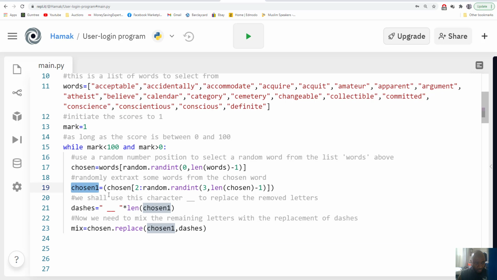Okay, the chosen word's letters were extracted, taken out, and they are going to be replaced with the dashes here, and that's what this code does. It replaces chosen with the dashes. And now we're gonna say answer